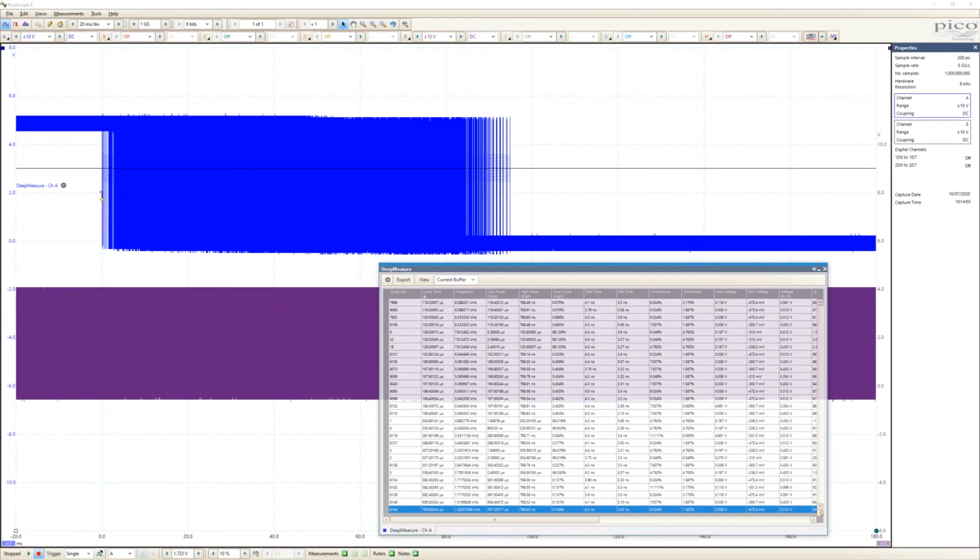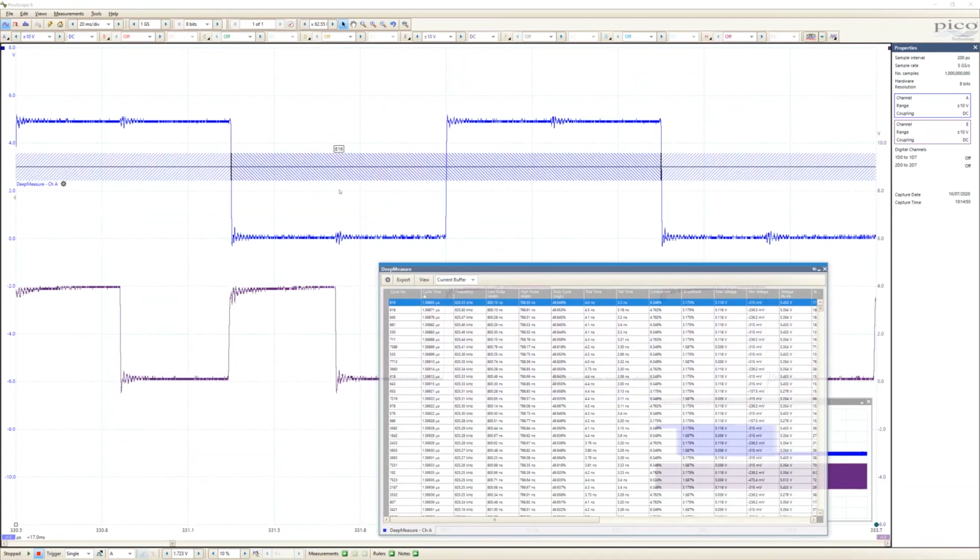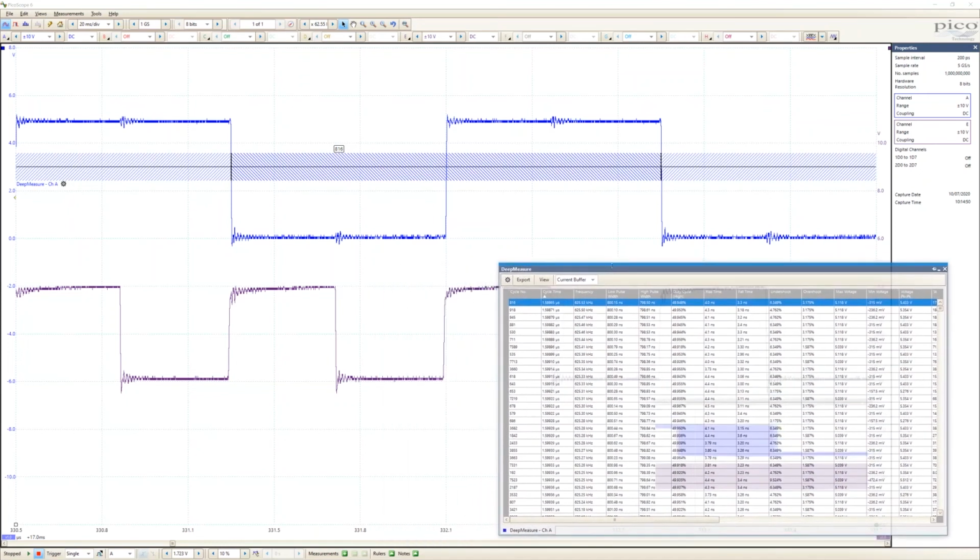And if we go back to the fastest one, we can of course do the same trick with all of those other parameters. So if it was cycle number 816 that I was interested in, if I double click on that pulse, the deep measure function zooms in on that pulse and allows me immediately to look at the characteristics of that pulse based on the parameters that we chose from the deep measure table.